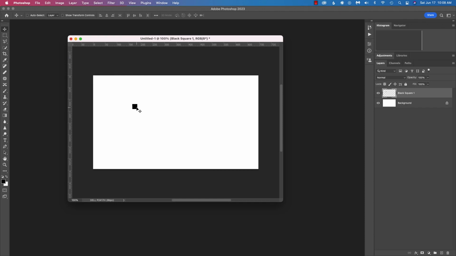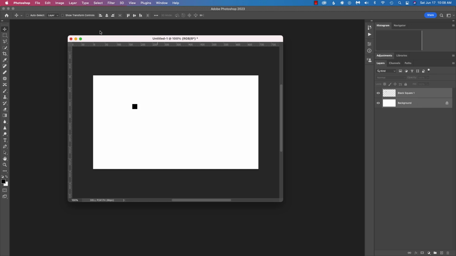And what I want to do is place this guy up in this corner, precisely. All right, and the easiest way to do that is to go back over to your Layers panel, and with your newly created layer as your active layer, hold down the Command key and click the background layer to have both of them